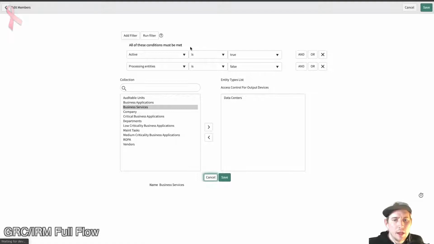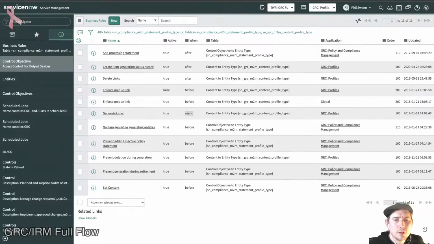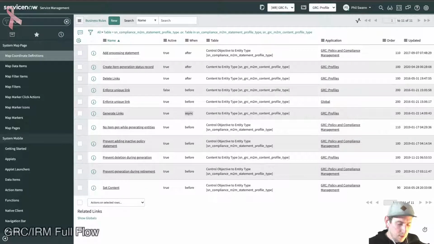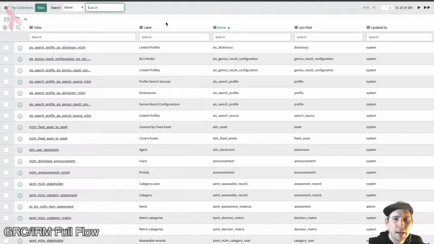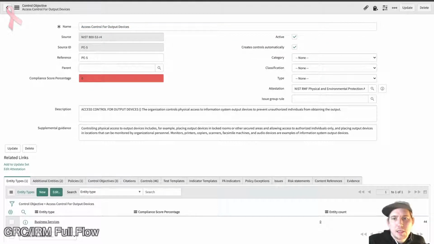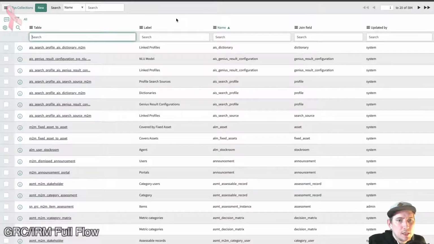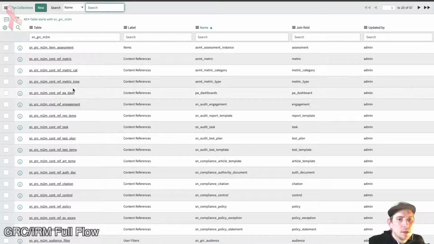But because this is not a true sys M2M record, there's another table that hides in the background called sys collection. If you've got a table that is acting as an M2M table and you want it to act as an M2M table by taking advantage of things like edit buttons, and when you click edit, where does it go afterwards, and all of those journeys through, and you want that slush bucket, sys collection, if I just go in here, SNGRC M2M, you can see